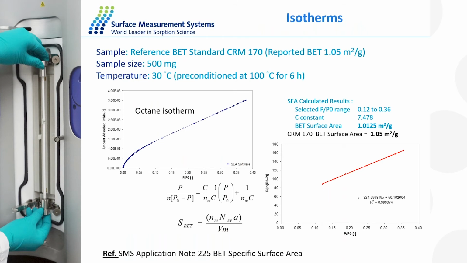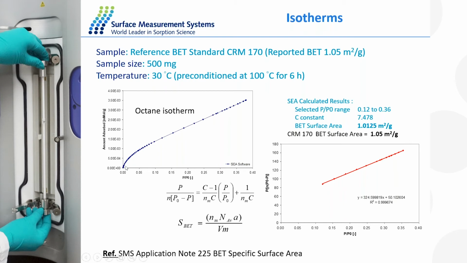So one of the things that we can do with the iGC-SEA is to analyze our BET specific surface area. So in this case, what we have as an example is a reference CRM aluminium sample, and here we have 500 milligrams. And if you look here, we have our reported value and our value obtained from iGC-SEA. So in this case, we've injected octane molecules into the system to calculate the